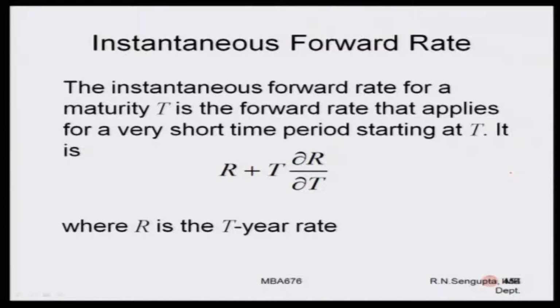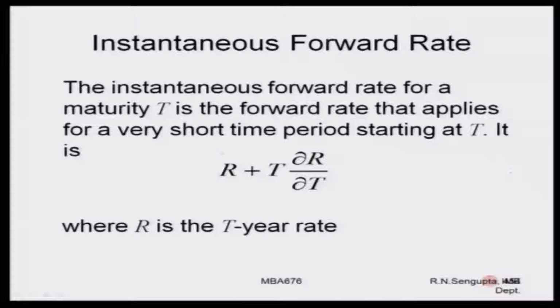Now the instantaneous forward rate. If you consider that the zero rate is from 0 to t and another zero rate is from 0 to t plus delta, the interest rate for that delta time period is known as the instantaneous forward rate. So how do you find it out? The instantaneous forward rate for a maturity t is the forward rate that applies for a very short period of time, starting at t and ending at t plus delta t. If you find the zero rate for t and the zero rate for t plus delta, you can easily find the actual forward rate for that delta